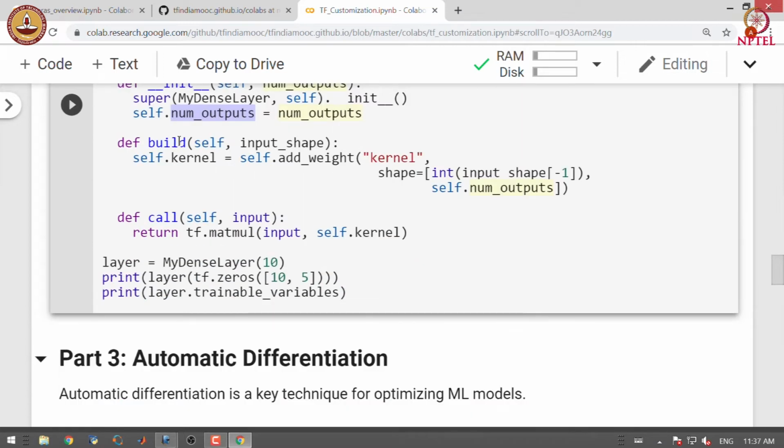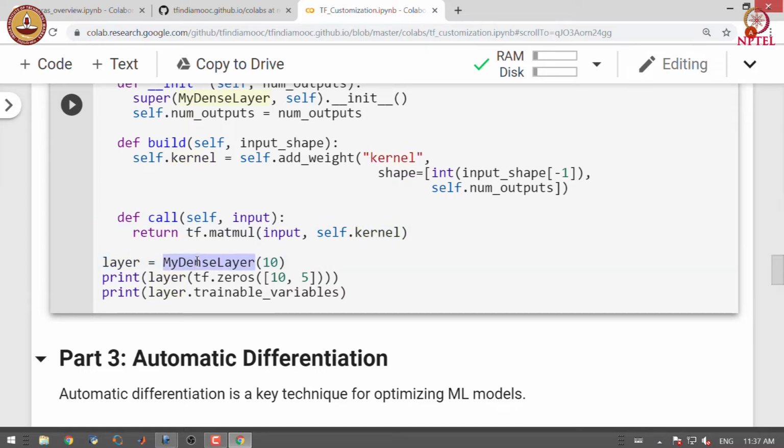Then in the build stage we specify the kernel, where we have added weights which have the desired shape, and in the call we simply perform matrix multiplication of the input with the kernel or the weight vector.